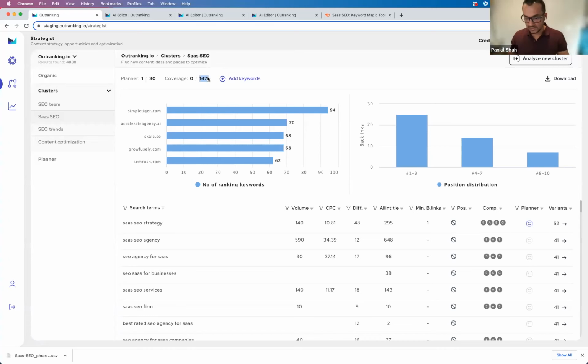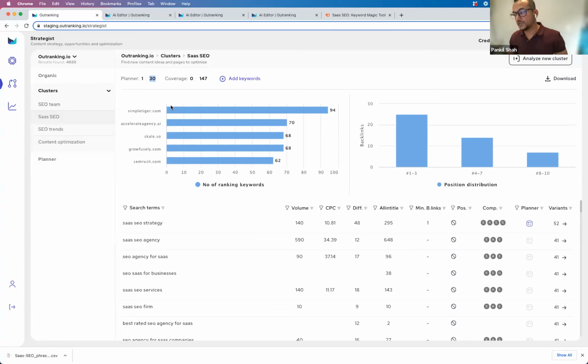So knowing this and knowing that I have 147 keywords, I've grouped them into 30 groups. So now we have 30 groups out of 147 keywords. I can only have 30 distinct topics that I can write about. I can't write about 147 topics. Knowing that I have 30 topics, what would be my next task? My next task would be to identify a primary keyword for each of those 30 groups.